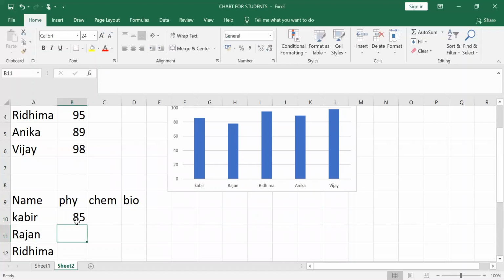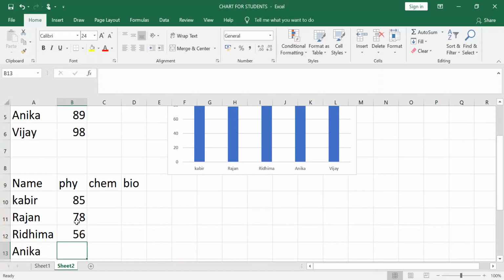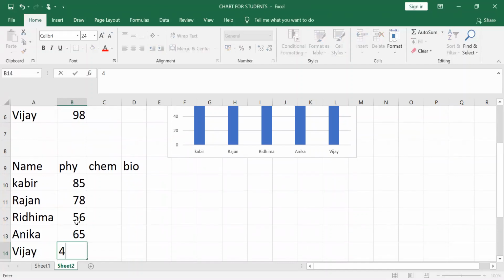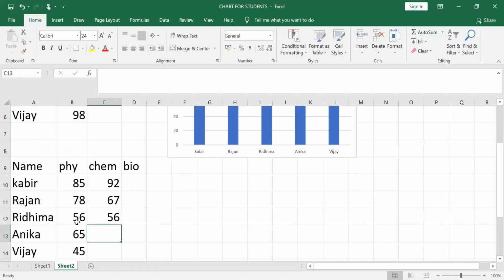85, then 78, then 56, then 65, and 45. In the same way for chemistry, 92, 67, 56, 87, then 91 and 91.